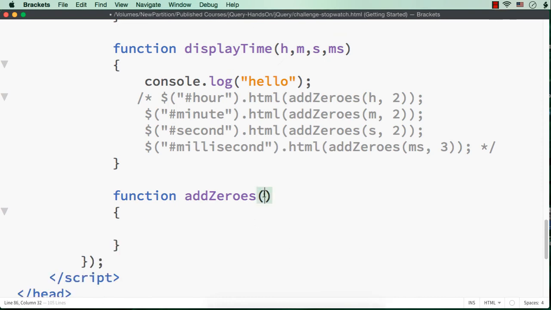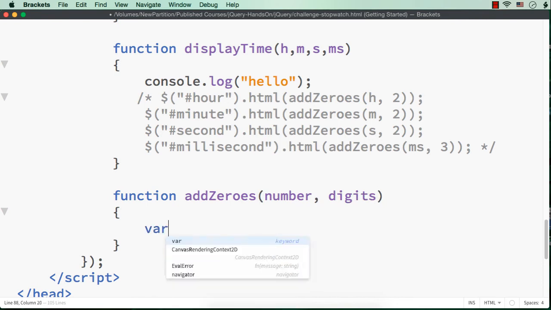Okay. So to this function we are actually passing the number to which we need to add zeros and also the length of digits we need. So let me specify value or number and digits. Okay. So within this let me specify var str equals new Array.